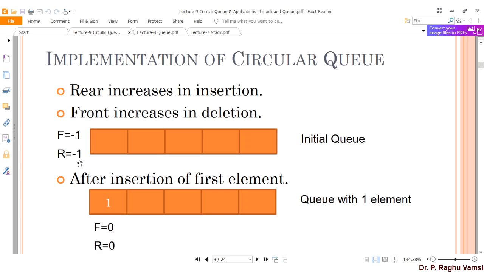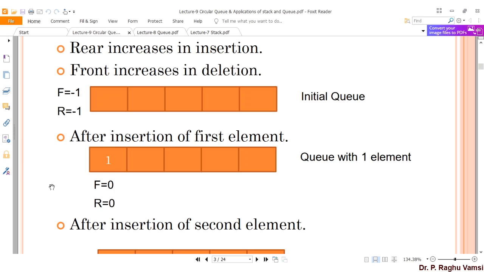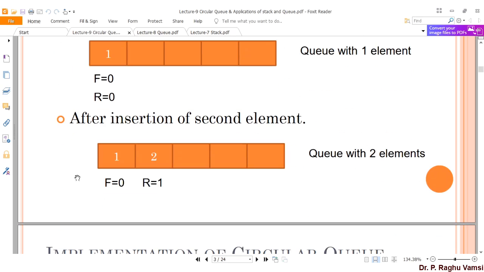Depending upon the initial value that you take, the manipulation can be done as incrementing, post increment or pre increment in the programming. So initially front is equal to -1 and rear is equal to -1. After insertion of the first element, front and rear become 0, and 1 is the element inserted into the queue.